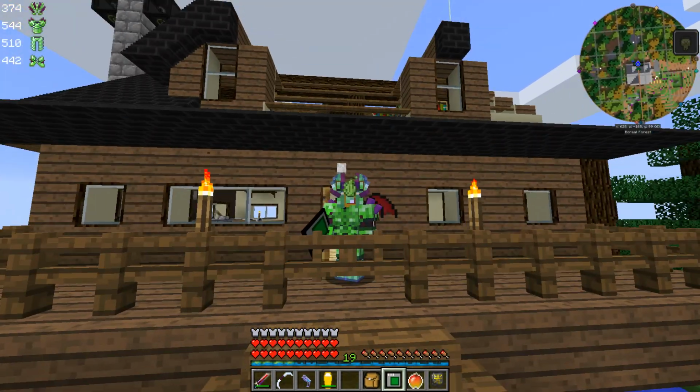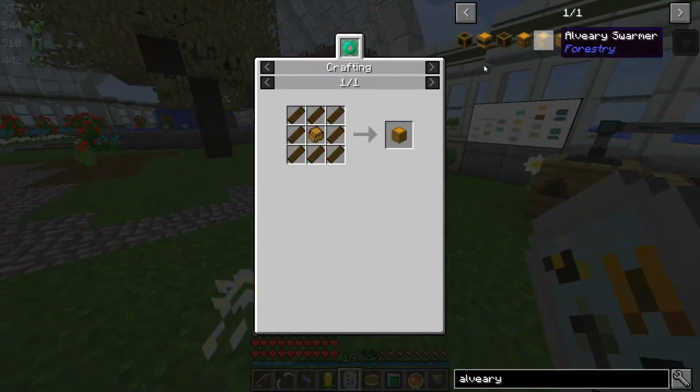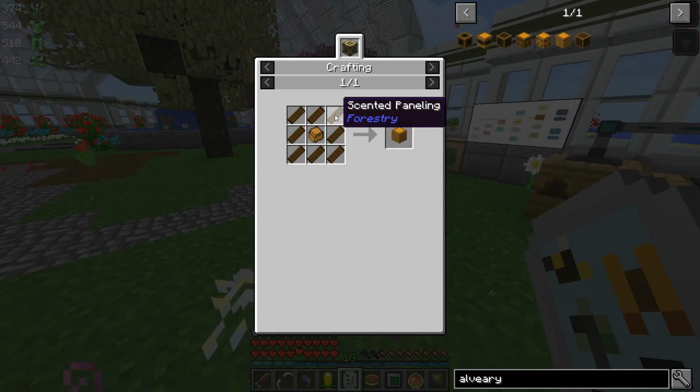This is Danny, and welcome back to my weird rendering house. What the? Every alveator block is